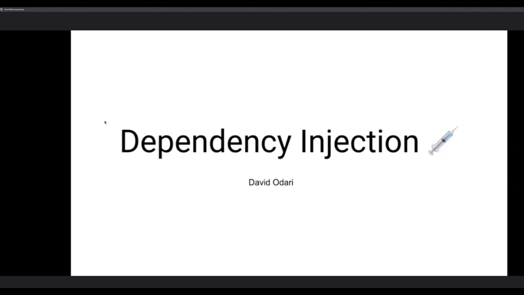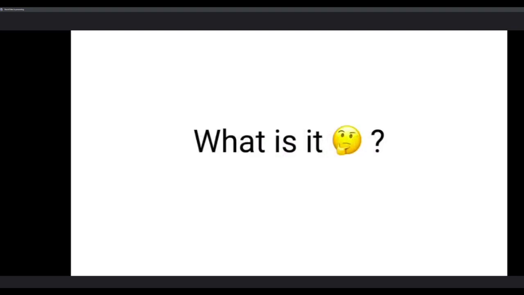So dependency injection. This is something you will definitely encounter many times, especially when working in a professional environment, on big apps and medium apps, and you will not avoid this concept. So what is it really?